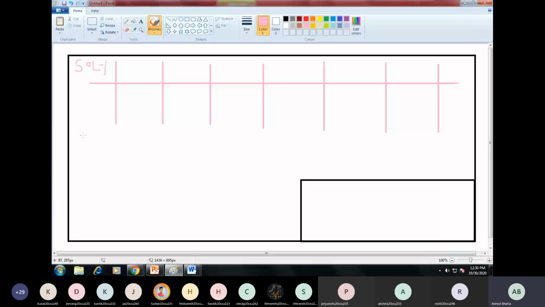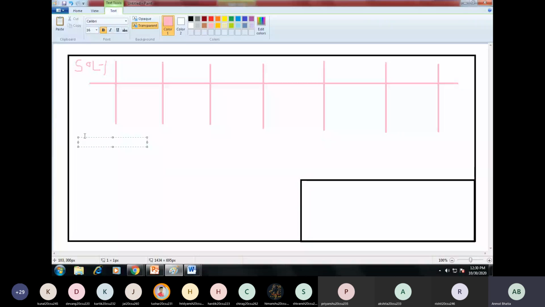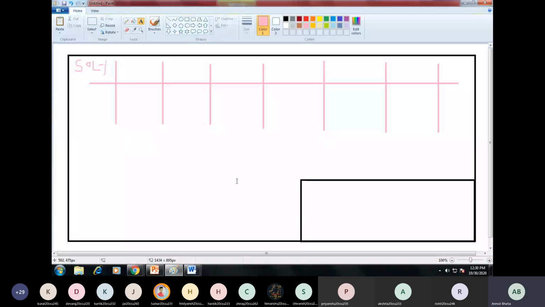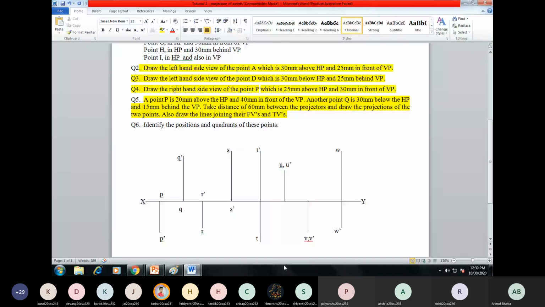Then solution 2, 3, 4, 5 can be managed in this area. If the solution number 5 is not manageable on the frontal region, then you can use the back side of the sheet to make the table. Okay, fine. So in the first half what we covered was the side view, and the remaining portion of the tutorial sheet is being covered.